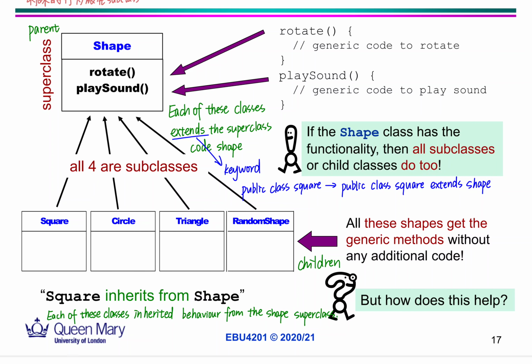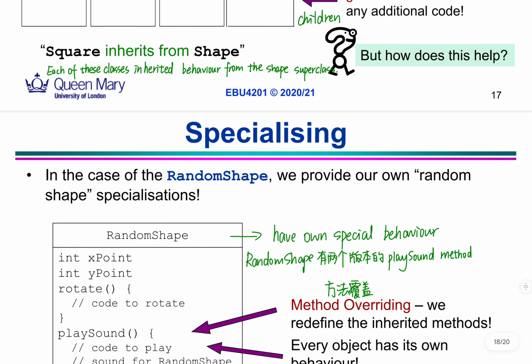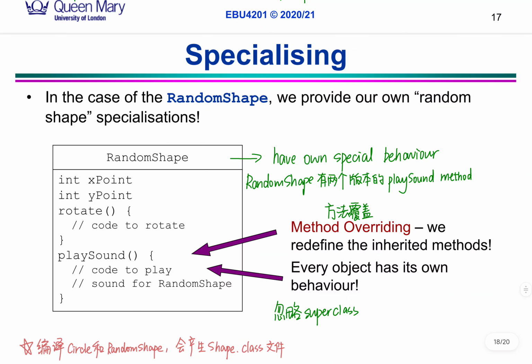So we can reuse the code and make it easier, with less code and a clear logic. Specializing the random shape, we just need to add something else for specialization. So we just need method overriding, which means redefine something. And the UI has its own object, with special random, play sound,